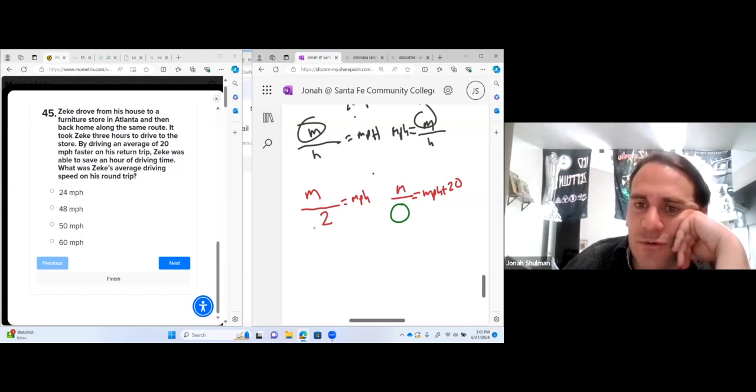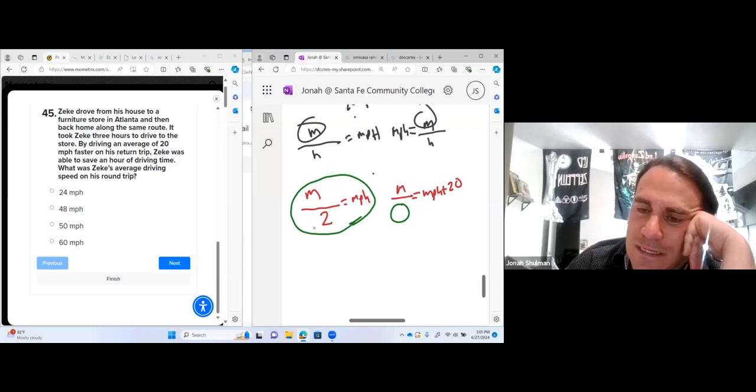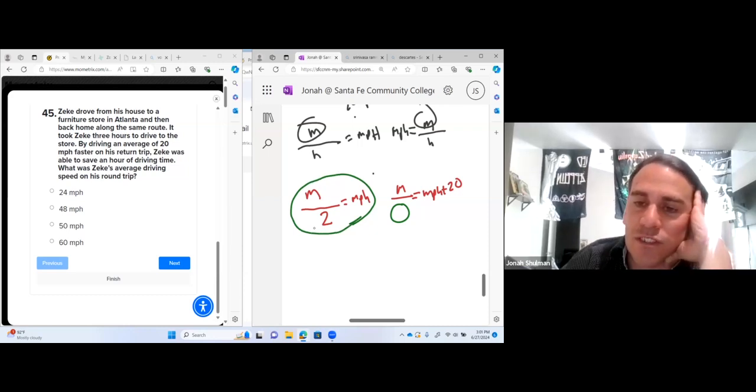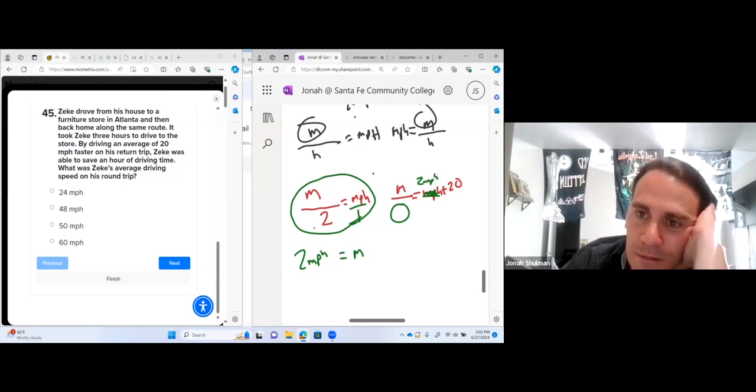We have some value. This matches, so this is just a constant, so it's going to be the same for both. But can we turn this into something for over here so we can work it out? So we have our miles, matches for miles. We have MPH plus 2. So if I make this one into a fraction, M equals 2 times miles per hour. All right, so I have 2 times miles per hour plus 20.